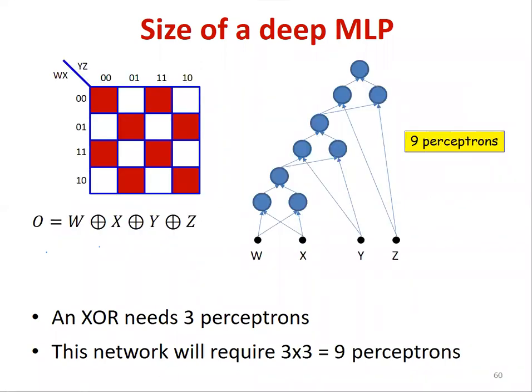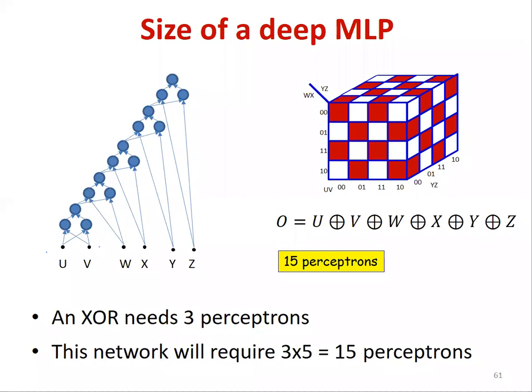The previous one, the one which had... Yes, 9. Of course, this you can do with 6, right? If you use only the 2 perceptron XOR. But the point is this. So you're absolutely right. I'm just using the 3 version for the figure because it simplifies some things, as you'll see.